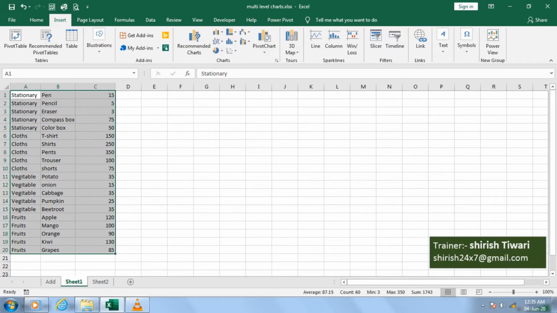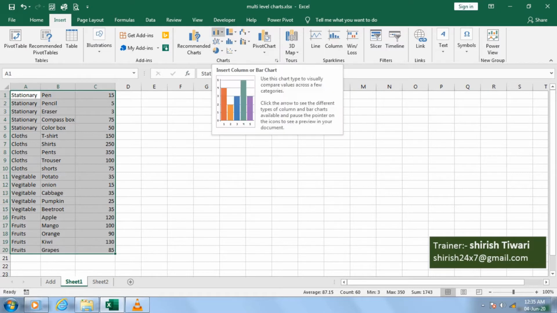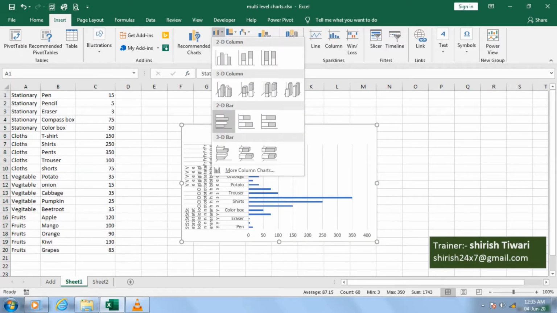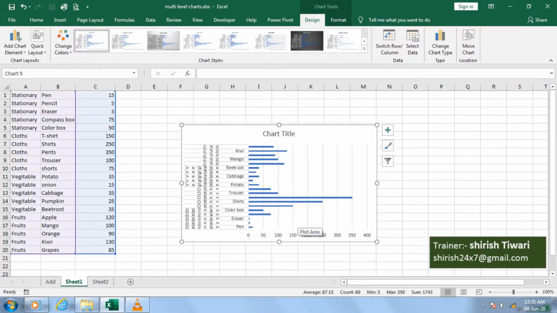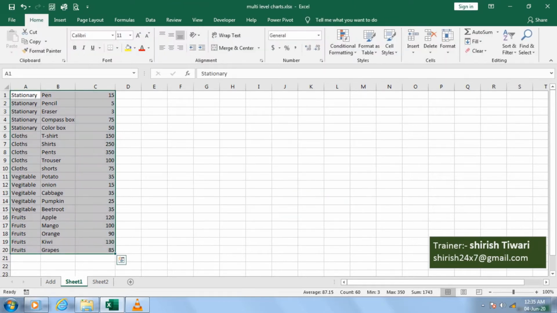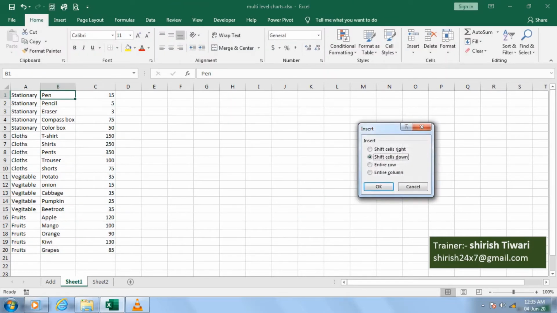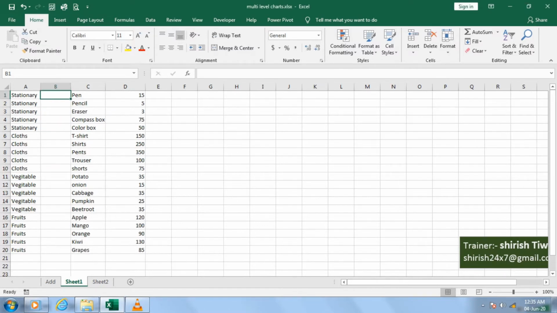But to produce the chart in an effective way, what I suggest is we can use the simple chart, using only the 2D bar. If I use it this way, it doesn't look very nice. So how to convert it into a multi-level chart, to give you an effective chart? What I'm going to do is simply manipulate my data. So I copied this data and used a small formula.